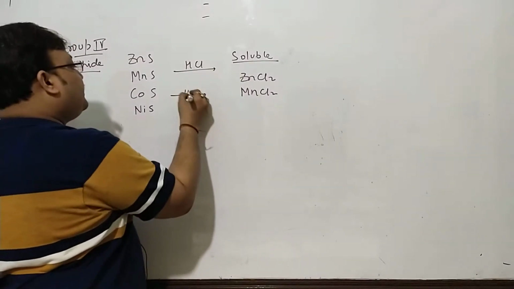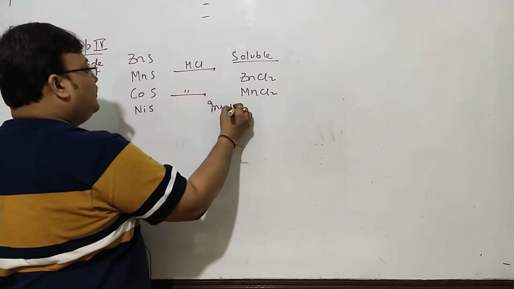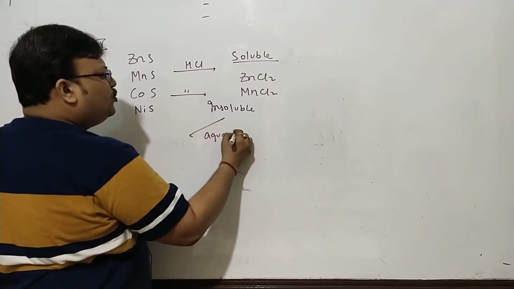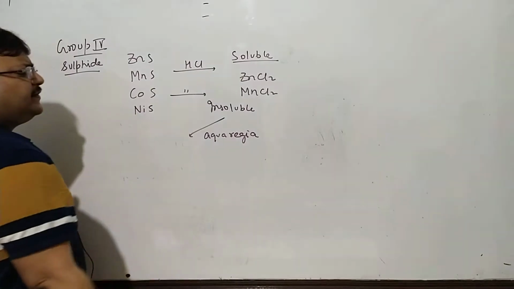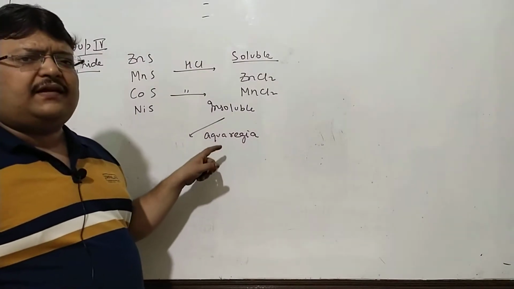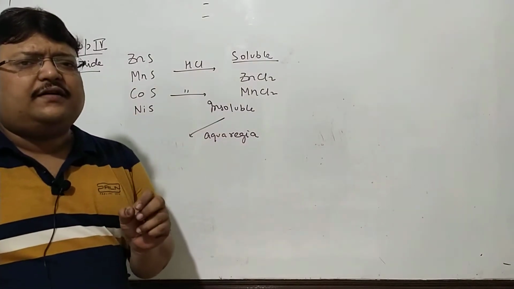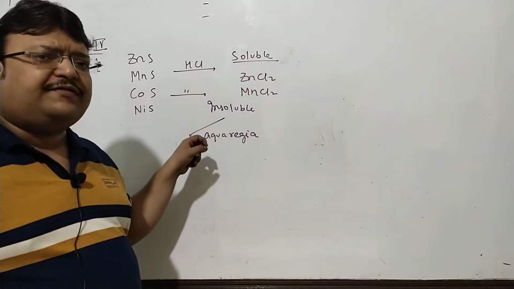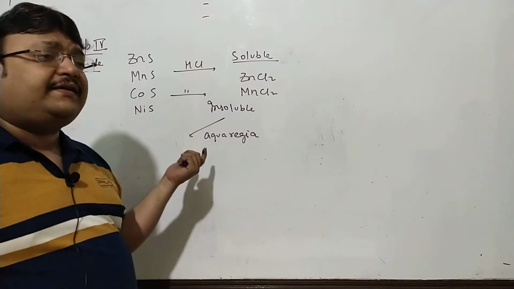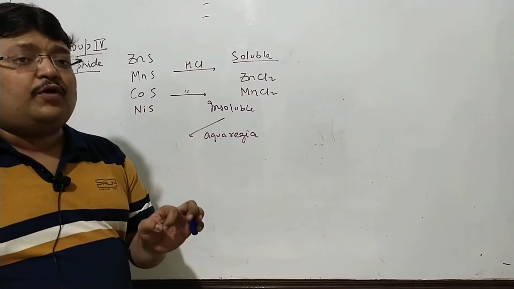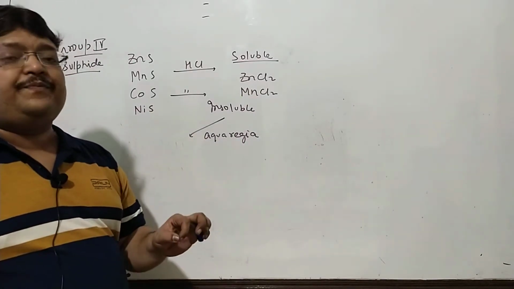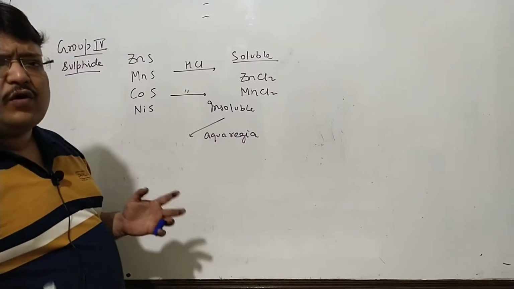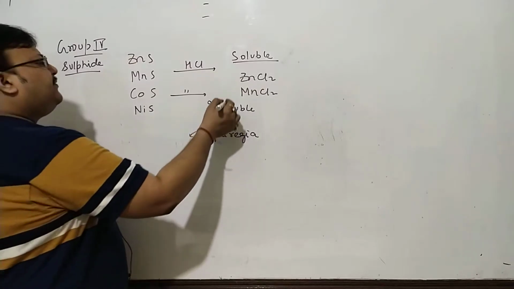Now, insoluble in HCl will require aqua regia. You know about aqua regia, king of solvents? A 3:1 ratio of HCl and nitric acid. Nascent chlorine is the species responsible for dissolving. So aqua regia will dissolve something which is not soluble in normal acids. And because nascent chlorine is responsible for dissolution, the soluble stuff are chlorides. So if it's soluble, it's zinc or manganese.